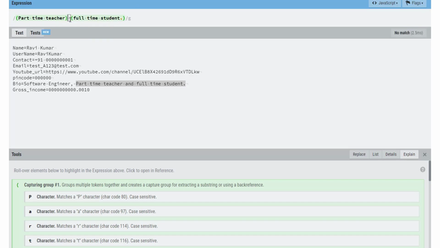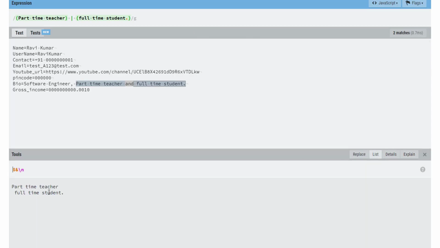Alternation is denoted by pipe. We have no matches over here because we have excluded it. If you use pipe, then it says we have two matches. And those two matches are part-time teacher and full-time student.